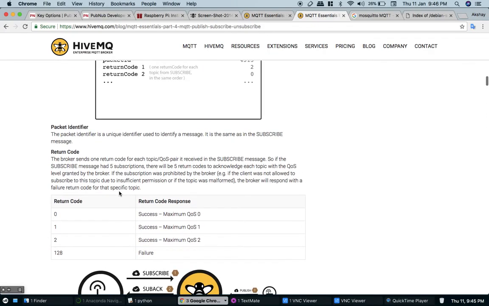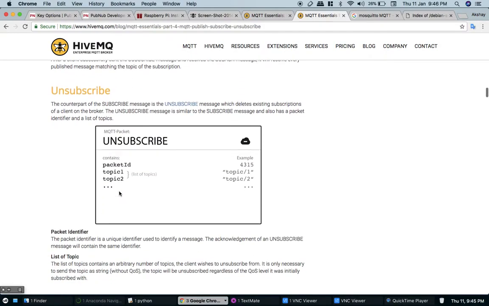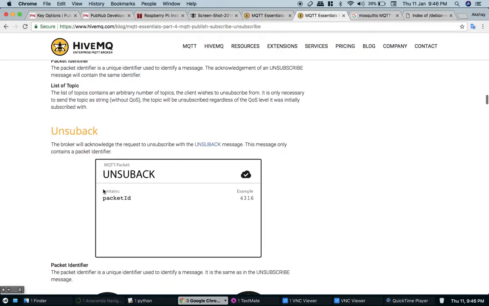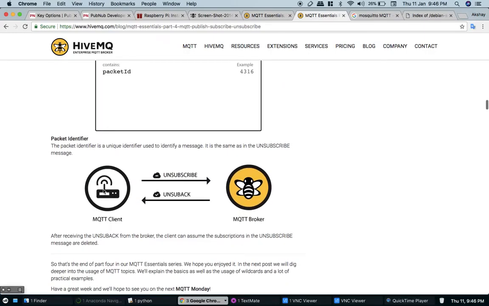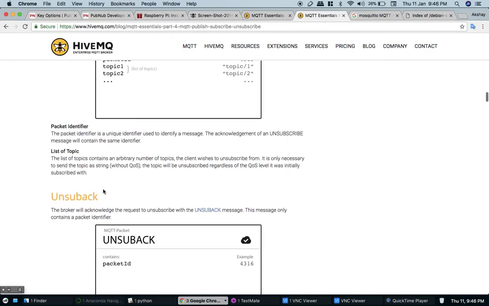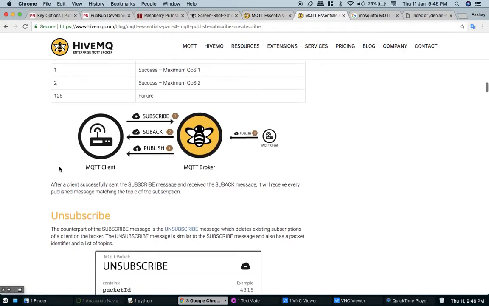Okay, and at the end, when I want to end the connection, our subscriber will send an unsubscribe packet, with the packet ID and topic names for which that subscriber wants to unsubscribe, and then our broker will send back the unsubscribe acknowledgement. It's getting complicated, I know, but it is just for basic understanding. I'll give you the demo, which will be very easy.